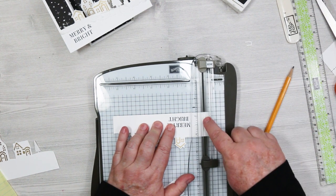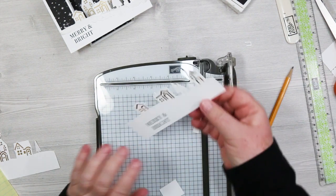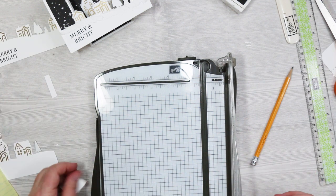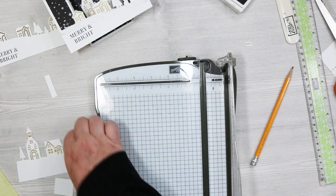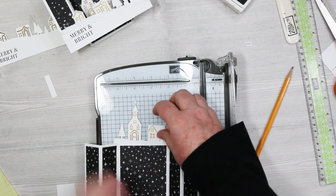Making sure that your pencil mark is in the groove, and cut that. So there's my finished piece that's ready to go on my card, but before I do that, I want to do the inside piece, and basically we're going to do the same thing. We're going to lay this little guy down, and I'm going to decide